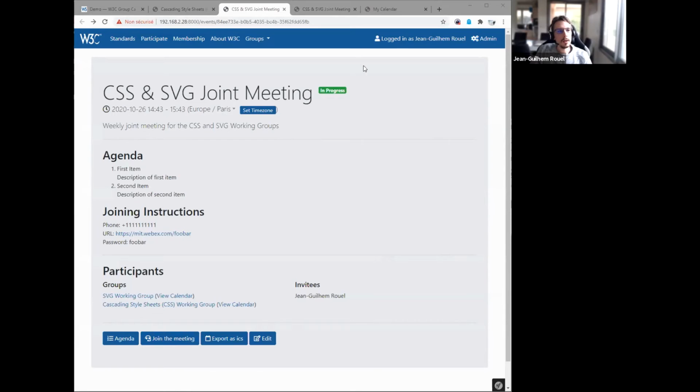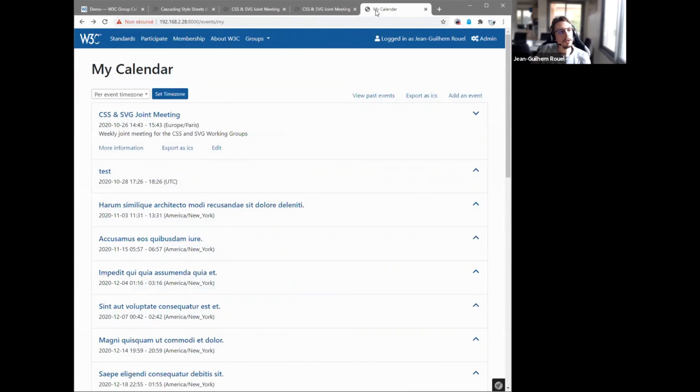So the last thing is that we also created a view that I called My Calendar, which displays all the meetings that I've been invited to, either because I am a participant in one of the groups that are invited to the meeting, or if I have been invited explicitly.